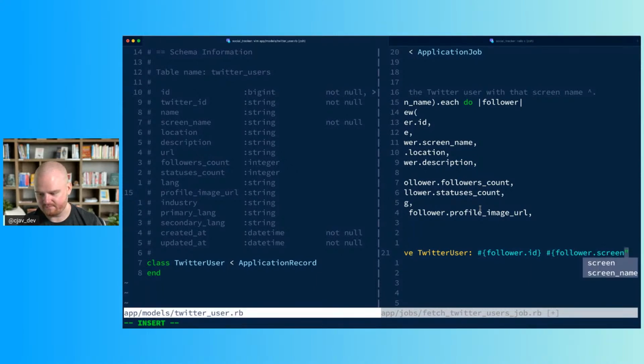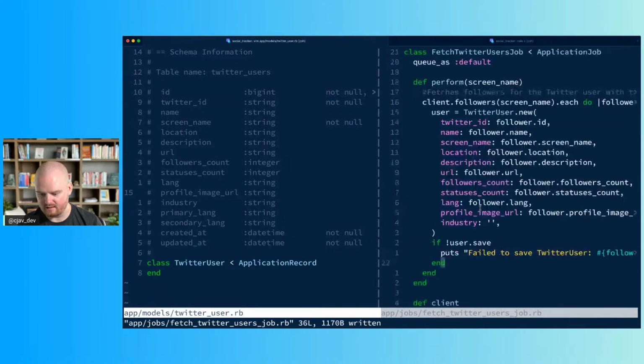Follower.screen_name. Okay, all right, let's see if this works. When we try to perform the fetch Twitter user's job, we're going to pass in a screen name. Generally, that'll be the authenticated person who's trying to learn about their followers. And then we're going to use the Twitter API to fetch the followers and put them in the database by